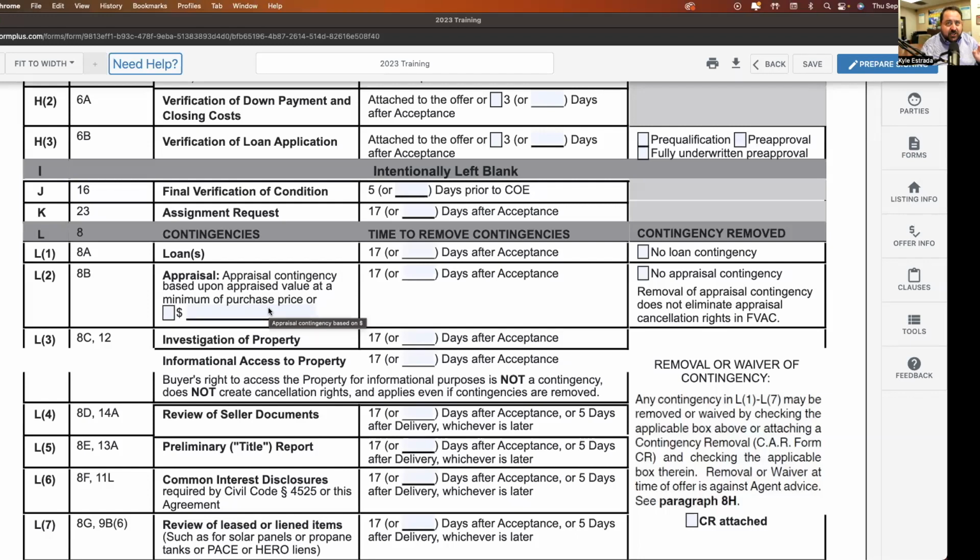The next section, this new section, where it says "or" with a checkbox, that's if I'm trying to protect the position of a buyer and have a seller understand that we're willing to compensate the seller beyond the appraised value. So, example, we're going to do simple math. I have a property listed for $500,000.